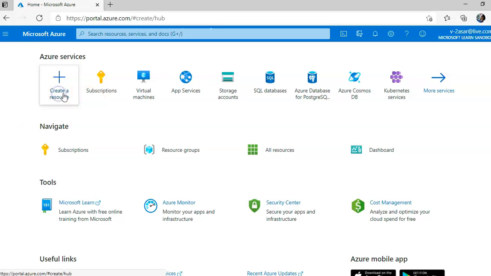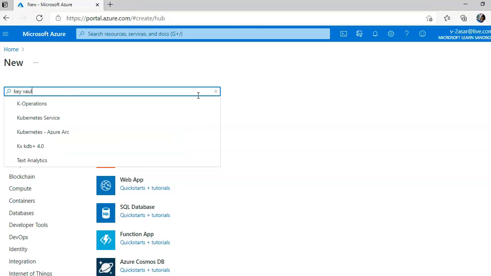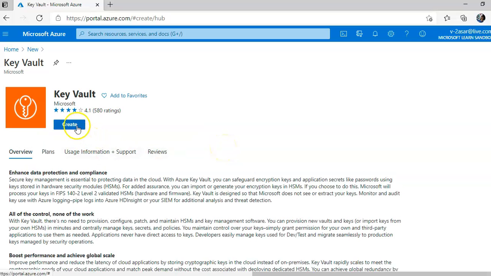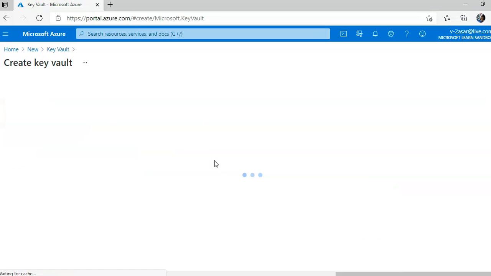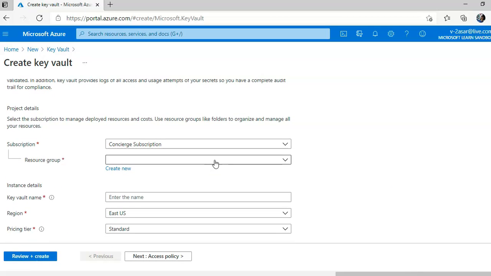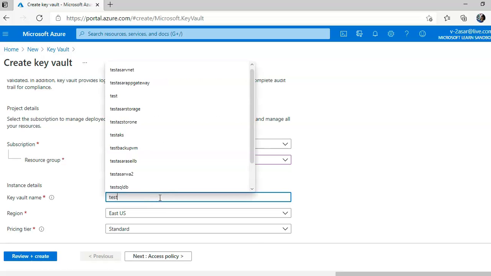So I'm going to click on create a resource and search. I will type Key Vault. Microsoft Key Vault, click on create. See here, the subscription. This is because I'm using Microsoft Sandbox, right? So under resource group, I'm going to select this name, which is already created for me when I activated Sandbox. Key vault name, give a globally unique name for the new key vault,